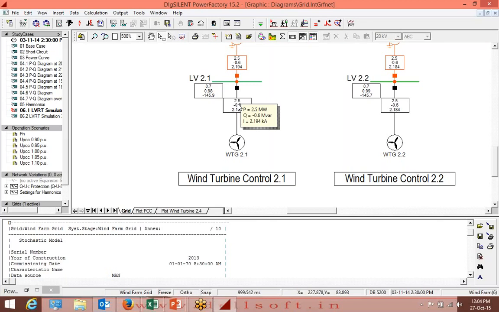Its power is 2.5 megawatt, Q is minus 0.6 MVAr, and I is 2.194 kiloampere. Okay, so it looks like approximately 11 kV. Yes.